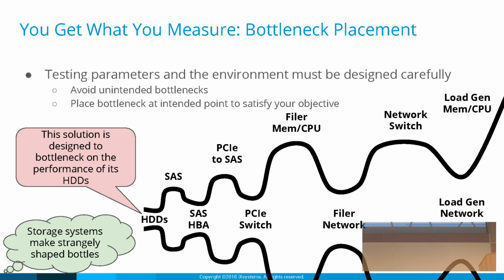But as we move towards our hard drives, towards our storage system, the first bottleneck we encounter in this case is our load generator network. The total network capacity of our load generators is limited by the NICs in them. So in this case, we'll never get more than this performance. This is the first bottleneck that we run into.